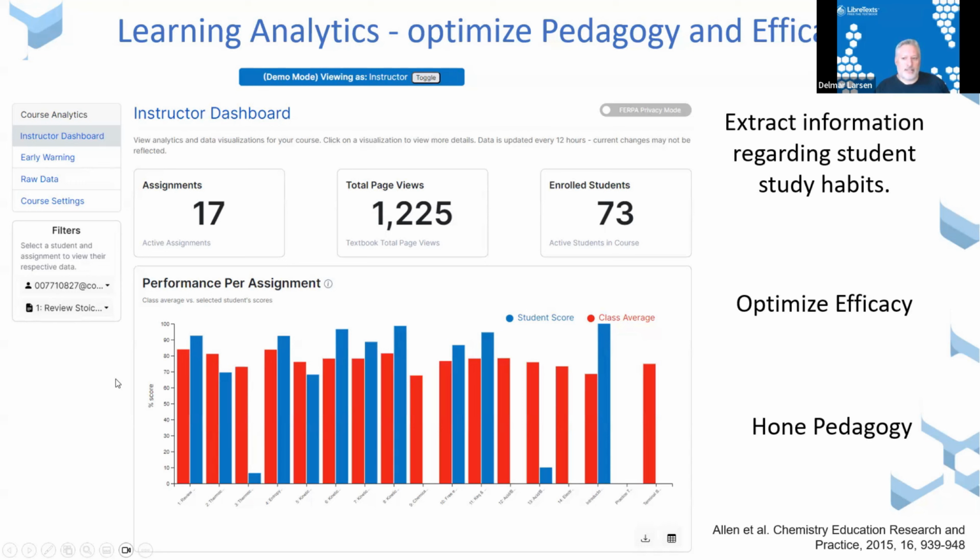We're also able to identify completion of learning objectives, assuming that the questions you have put together are aligned to a framework of learning objectives or learning skills. Your field may not have that in place, and you may have to implement that in order to use it effectively. We also have an early warning system that's part of our dashboard, which provides an opportunity to identify students that may require intervention based on their performance or their study habits. This will help optimize the efficacy of the resources that you've created. It helps to hone the pedagogy that you have in place, and we're very excited to release these things.